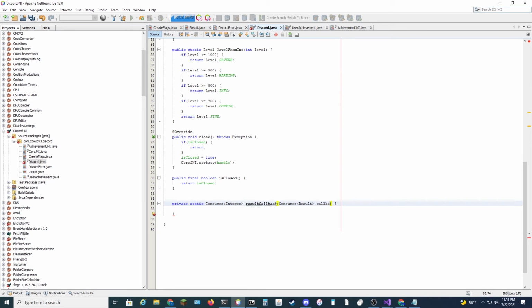Essentially, we can write a few helper functions which will just casually map one thing to another. Callback dot accept result dot from code result. So with little lines like this, we now have a function which will do this, and also